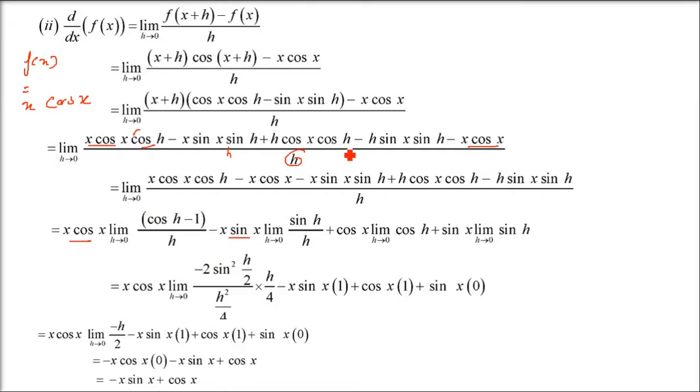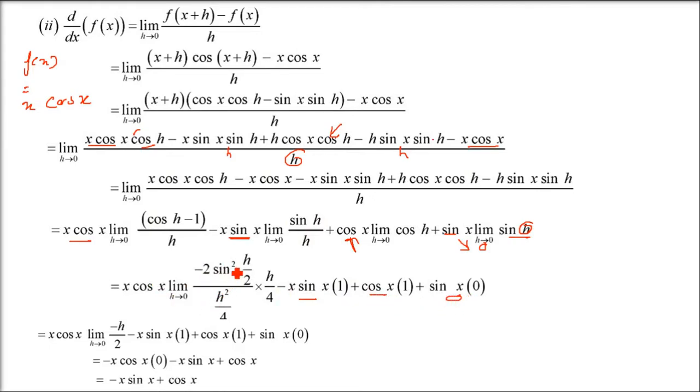Now apply the limit. Now h cos x cos h by h. So when we have h divided by h, only cos x. Now limit h tends to 0 of cos h. Then you have this h sin x sin h, now divided by h, so h will go. Now limit h tends to 0 of sin h. Now sin 0 is 0, and cos 0 is 1, so cos x will remain. Here sin h by h will be 1, x sin x will remain. So you have x sin x minus x sin x and cos x, this will become 0.